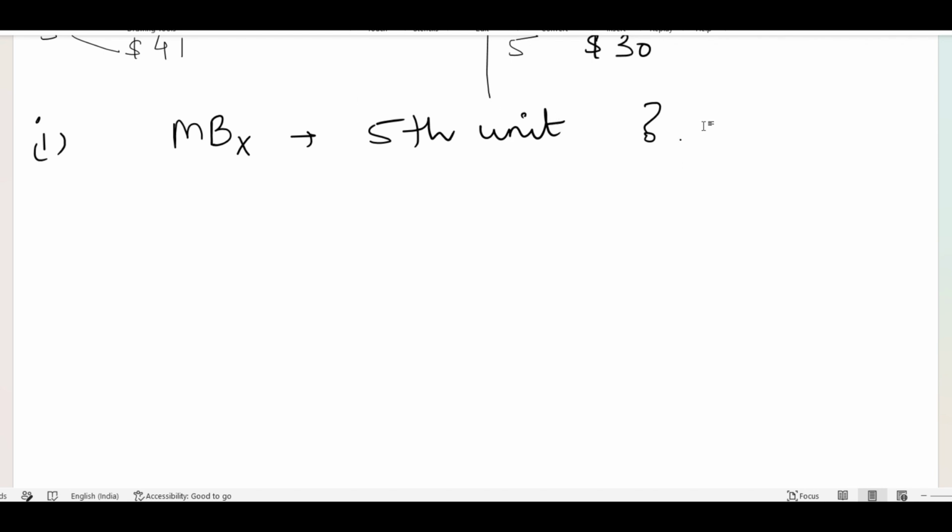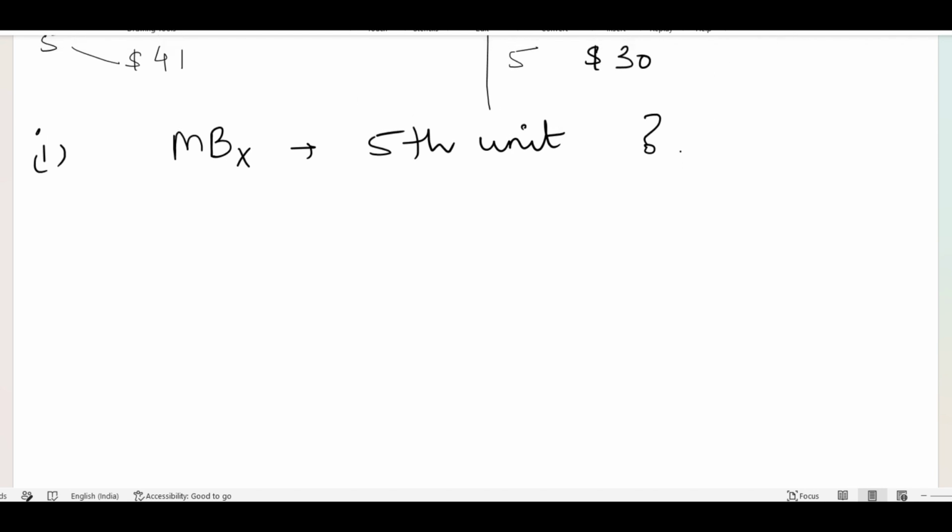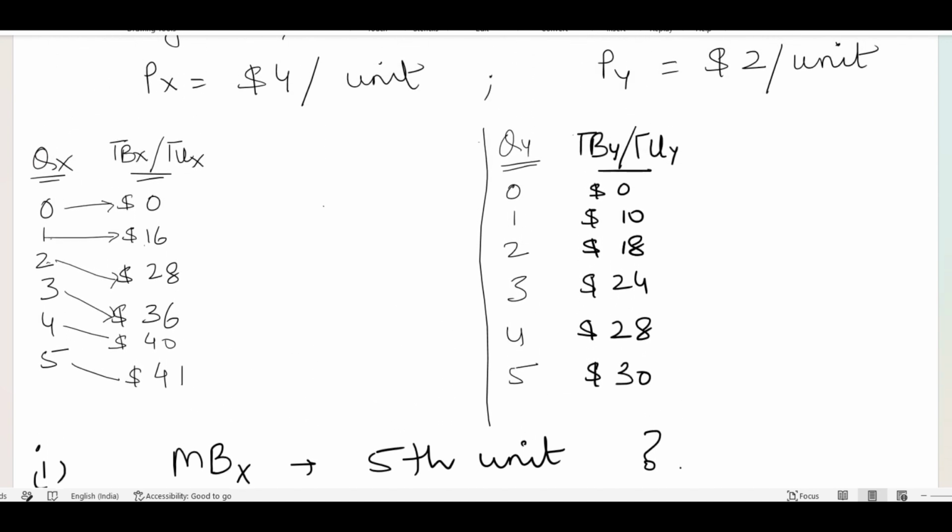Now, going back to the table, obviously, we cannot calculate this from the total benefit. We have to calculate marginal benefit, right? Let's calculate marginal benefit for good X, or we also call that marginal utility for good X. I told you it's one and the same thing. So that's again 0, right? You simply subtract the numbers, since the denominator would just be increasing